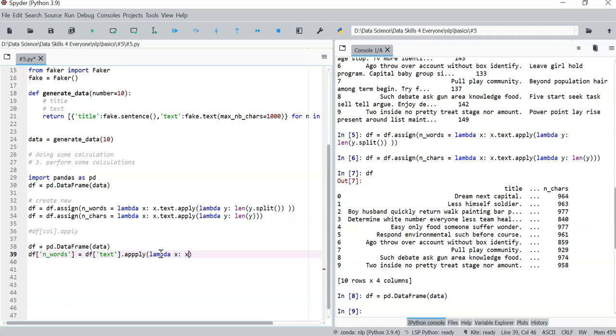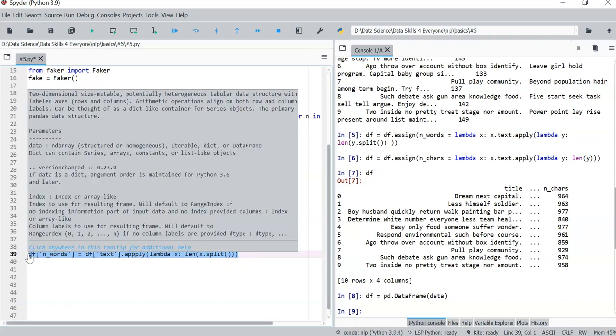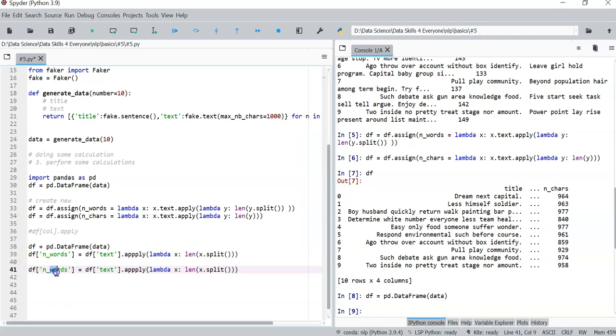So it's going to be x dot split. So the value in each row, we can split it nicely like this because it's a text value. And now we can put everything into the length function, and it would generate the number of words that we have. And in the same way we can do for number of characters. Okay, oops, not words again, this time it's characters. And there's no need to do the split just like I did in the first instance. Okay, so if we run these two lines together, in fact all three together,